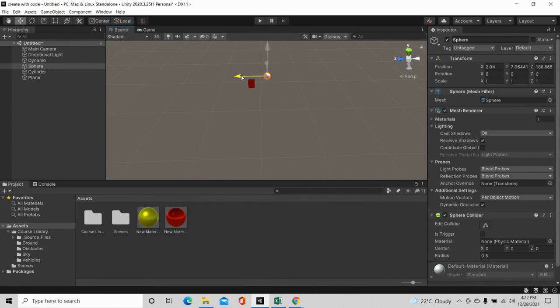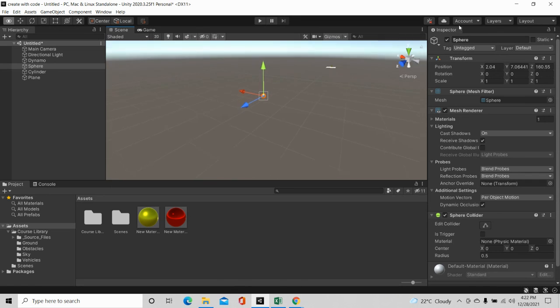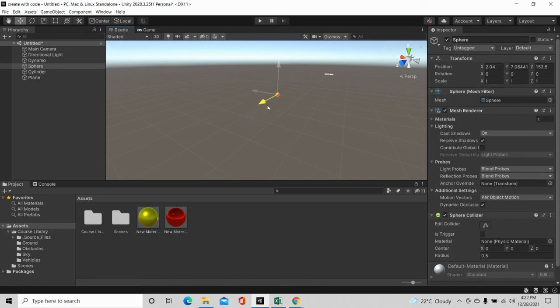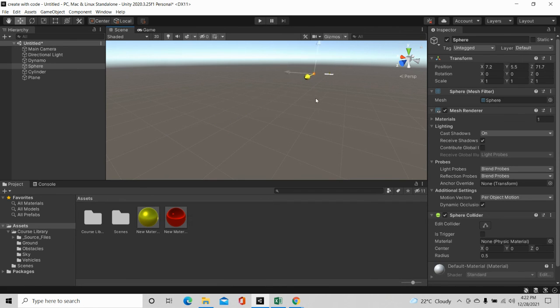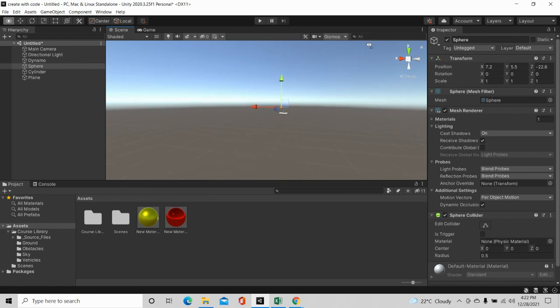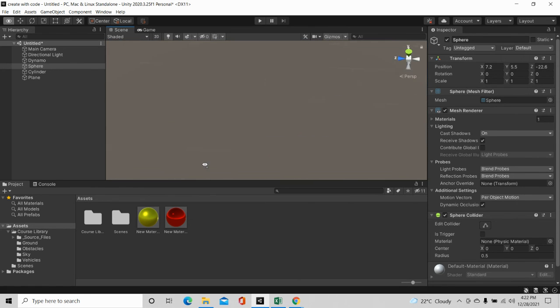Now you will drag and place it on the plane. It's a hectic task to place this thing there. So use Shift, right button, and WASD controls, and you can see that we have our white colored sphere.